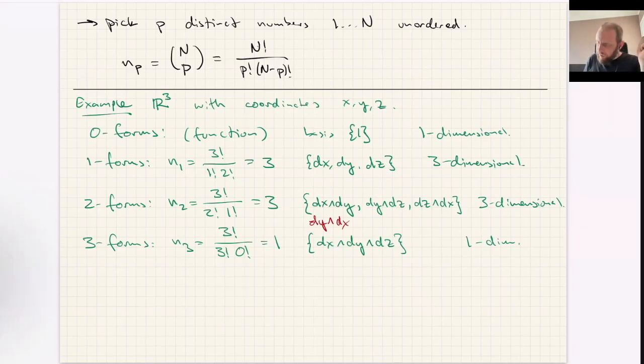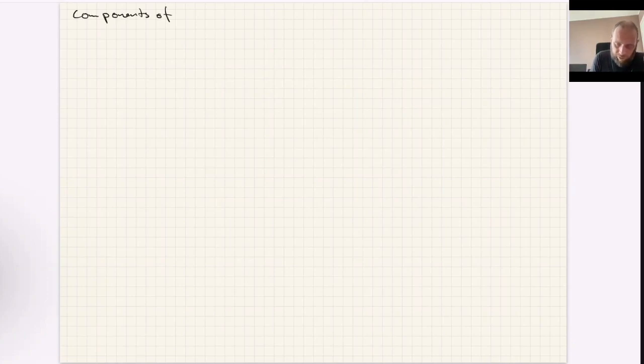So let's talk about a couple of definitions here now. Or it's not really a definition, it's more of a result of p forms. This is just kind of conventional now: what we call the component of a p form. When we refer to the component of a p form, we're still going to refer to the component as we discussed for the 0p tensor. So a general 0p tensor,